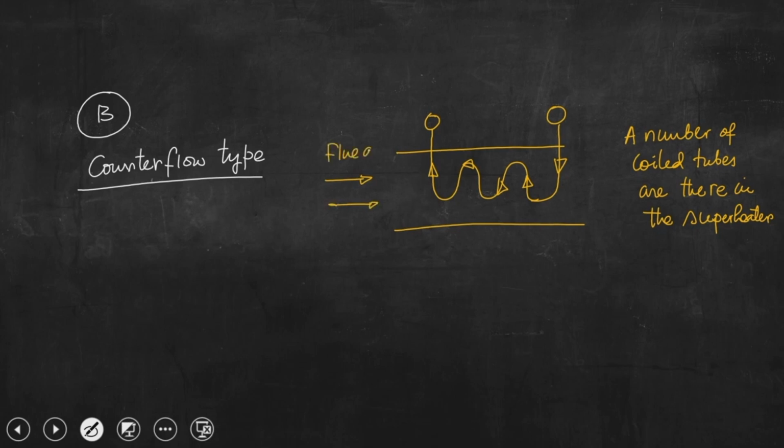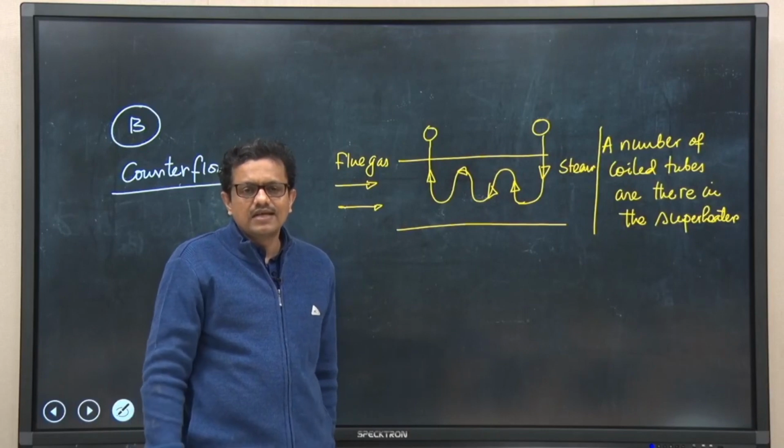So, this is flue gas and this is steam. So, this is the superheater, and in this arrangement you can understand the direction of steam is from right to left while the flue gas is flowing from left to right. So, these two streams are flowing in the direction opposite to each other